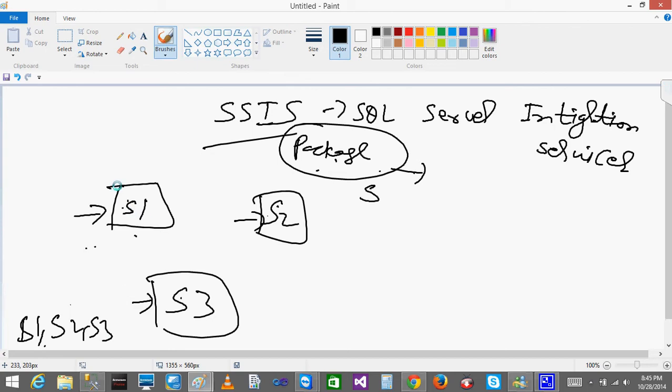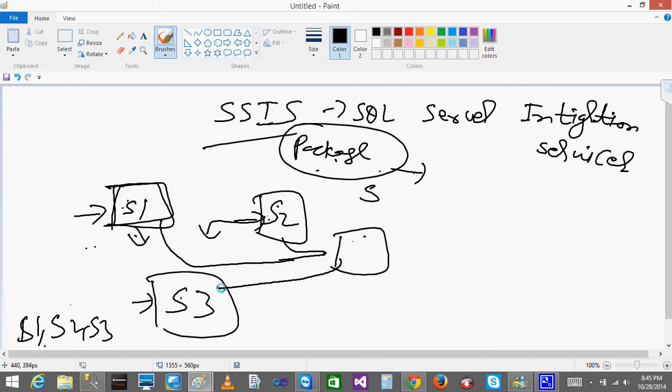So what does the system do? Whatever data you want, you can get it from server 1, and whatever data you want, you can get it from server 2, and the system will use system memory. SSIS packages will use some external memory. Then it will load the data into that memory, and you can load that data into a different database. It is virtual and very easy. Instead of creating a linked server, you can do anything.